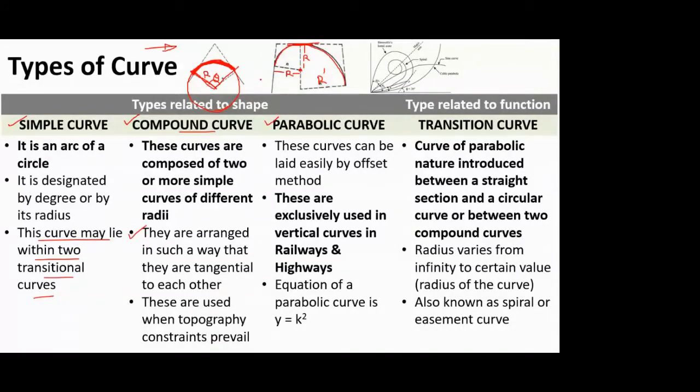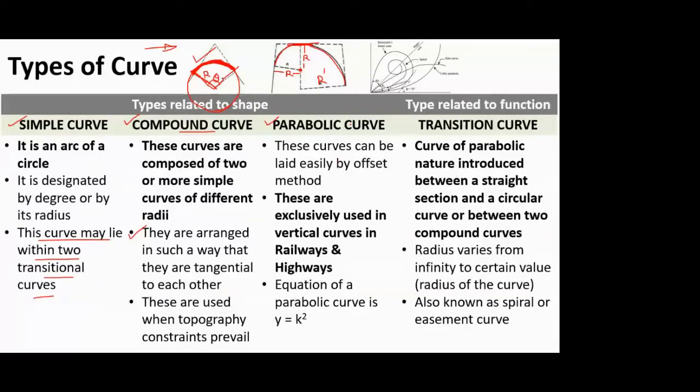Okay, so as I told you, generally for horizontal curves, we prefer the simple curve. Because the design as well as the construction is very easy, and the maintenance also is not much tedious for the simple curve. But whenever there are constraints of site, you have a topography which is forcing you, or you cannot go for a simple curve, there you go for a compound curve.